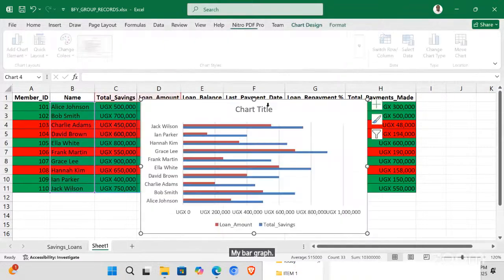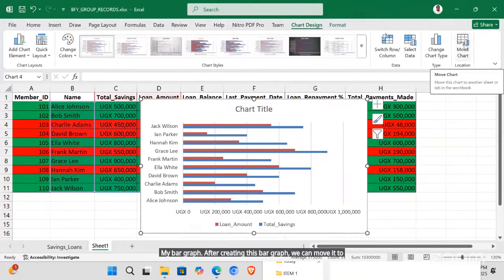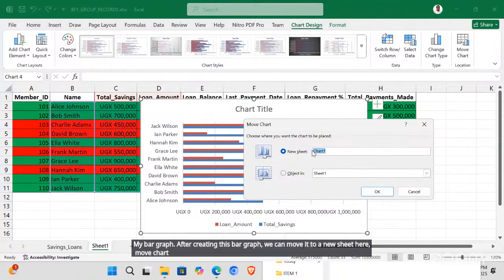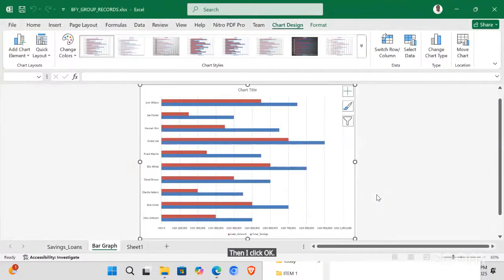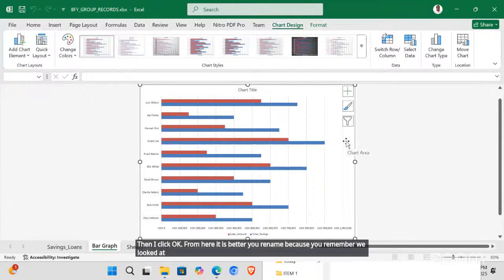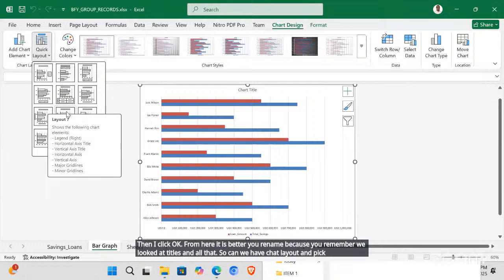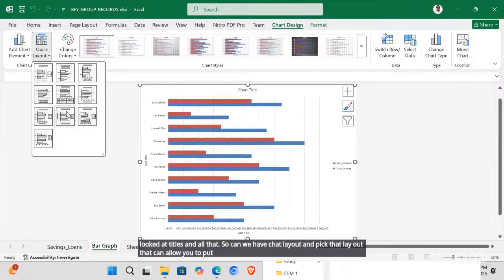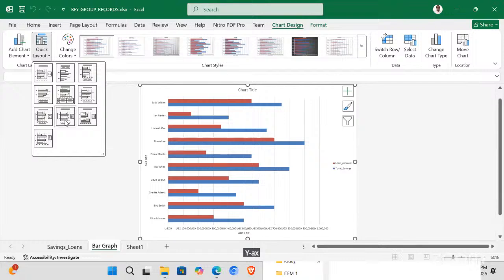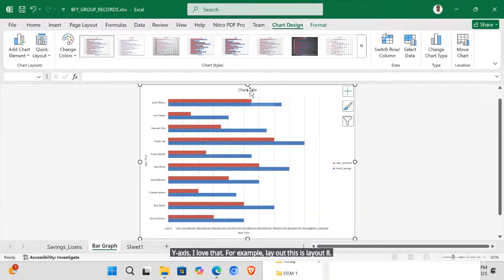After creating this bar graph, we can move it to a new sheet here, move chart. In the new worksheet, I can call it bar graph. Then I click OK. From here, it is better you rename because you remember we looked at titles and all that. So come here to chart layout and pick that layout that can allow you to put titles, X-axis, Y-axis, and all that. For example, this is layout 8. With layout 8, I can put a title,